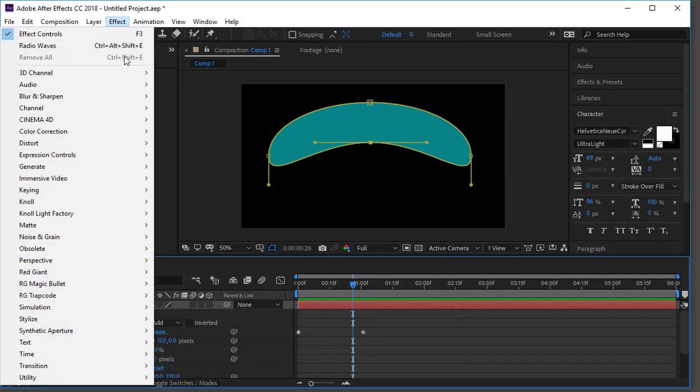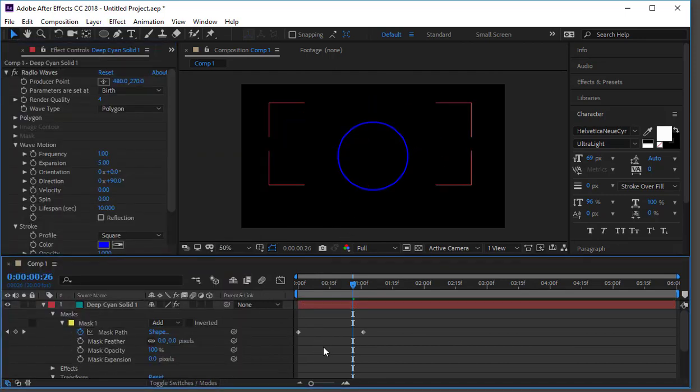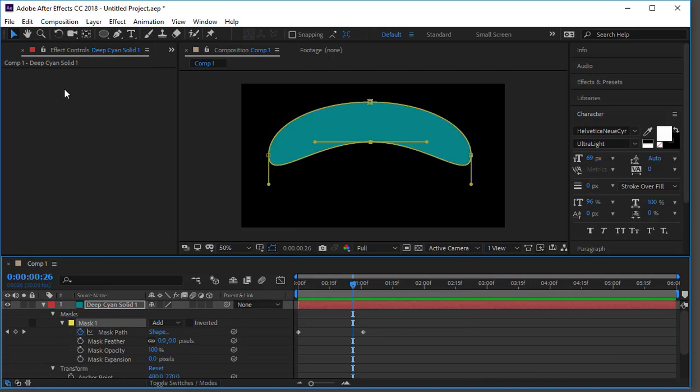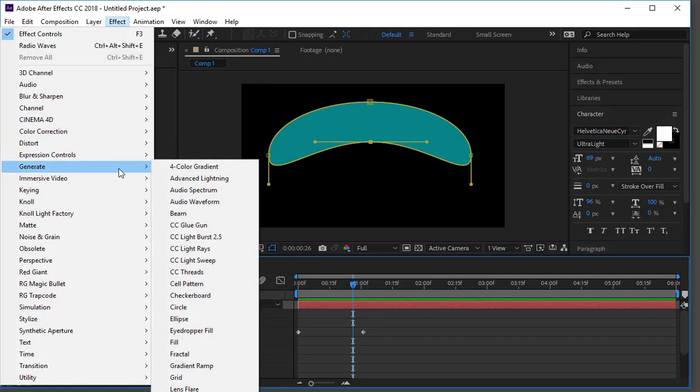And then any effect that you would have added to this, Generate, Radio Waves, you'll see that the mask is no longer applied. The mask is on there, but it's just overriding the shape of that. And you would have to use other means to get that to work. In some instances, you'll use the mask and it will be how the item is being cut out or used or whatever. So the Write-on effect here,